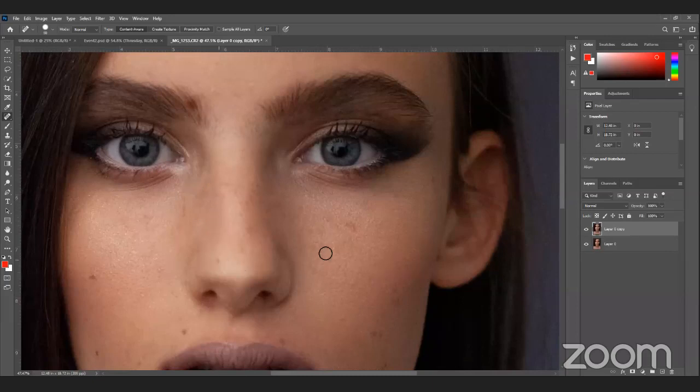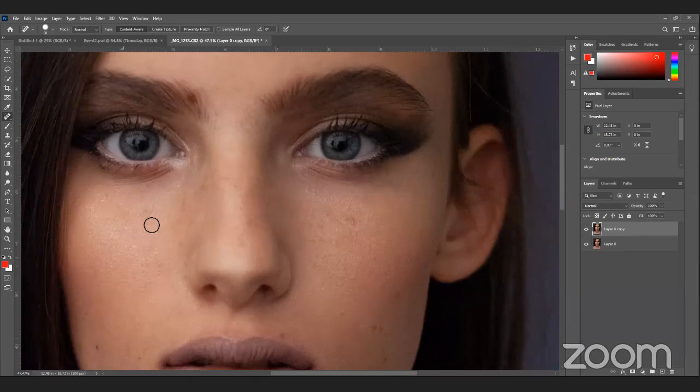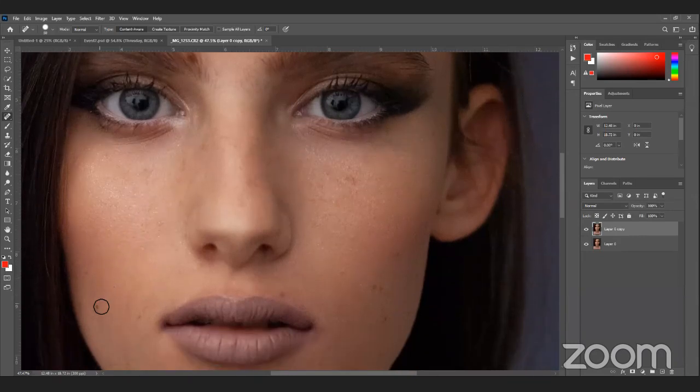Guys, one thing: I'm increasing and decreasing the brush size because we just want to remove or modify that particular pixel on the girl's face, not the other pixels. So we just need to make sure that we are using that size only to get rid of those spots.